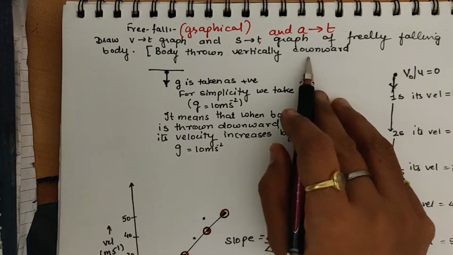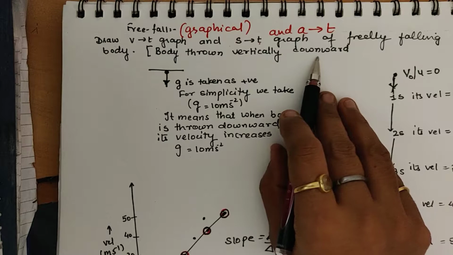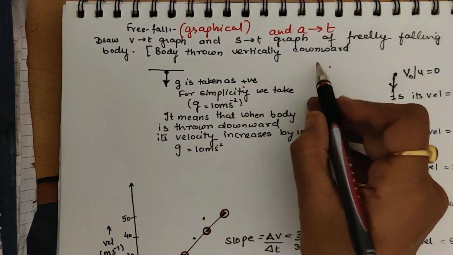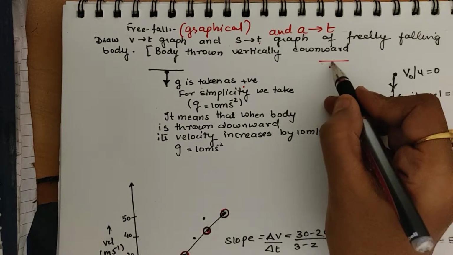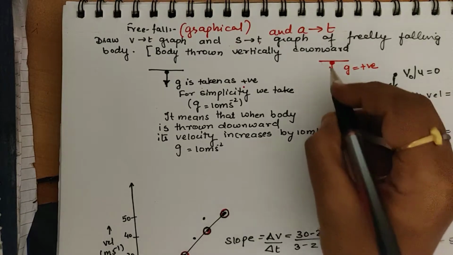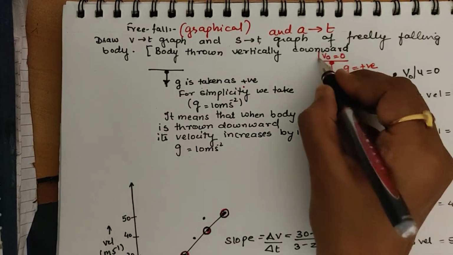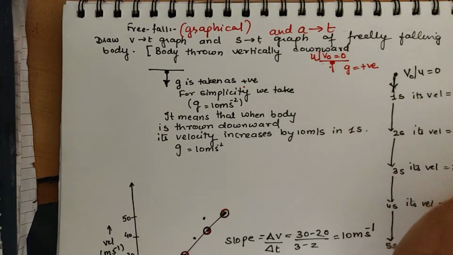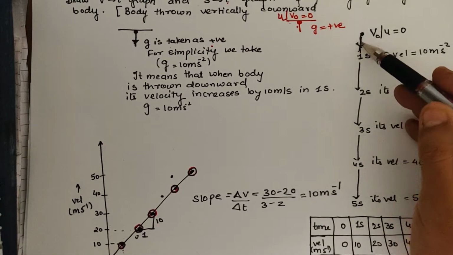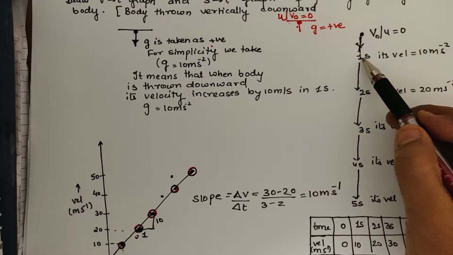Suppose we are saying that the body is thrown vertically downward. We know that when any body is thrown vertically downward, g is taken as positive, because you are throwing in the direction of gravity, and the initial velocity, either you say u or v0, is 0. We know that. And as this body is coming down, suppose it travels for 1 second,